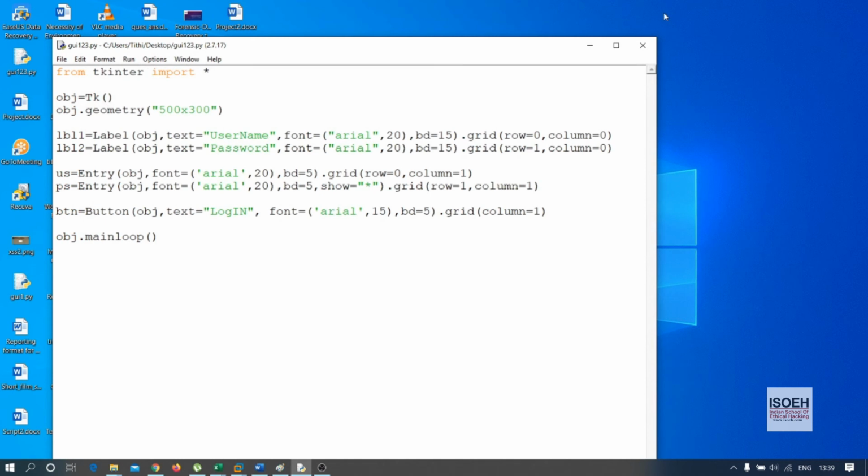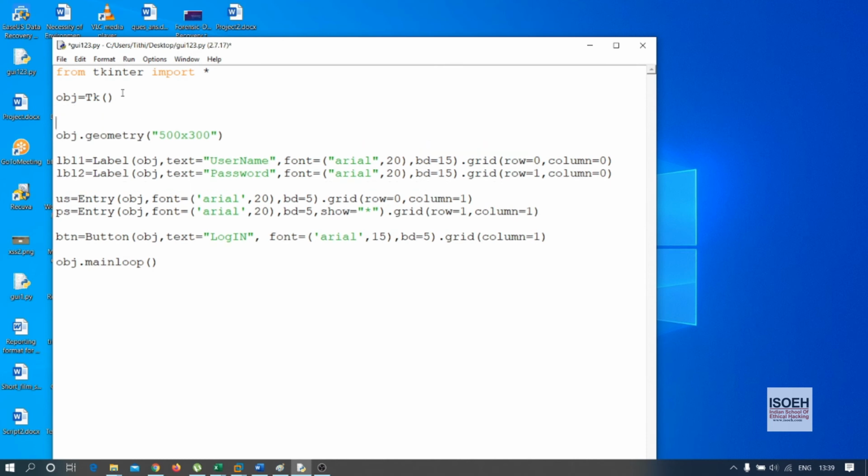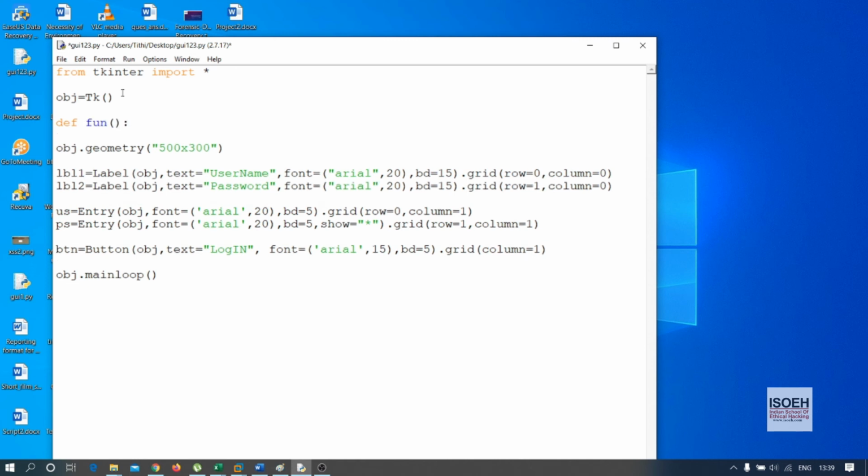After that you can use some of your own functions. So let me teach you how you can add your own function. After this object, you have to create a function. In Python, for creating a function you have to use the def keyword, right? So I'm writing def fun, just any function name. Then let's suppose I'm just doing print hello.